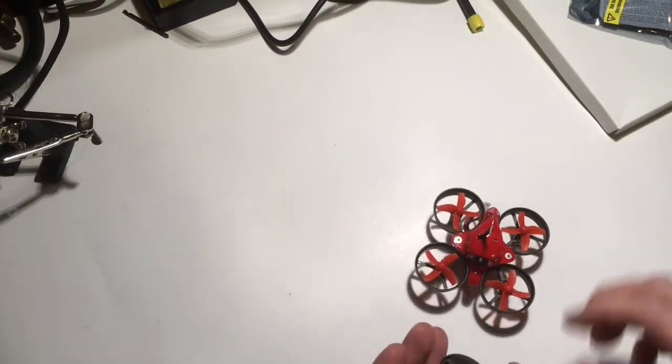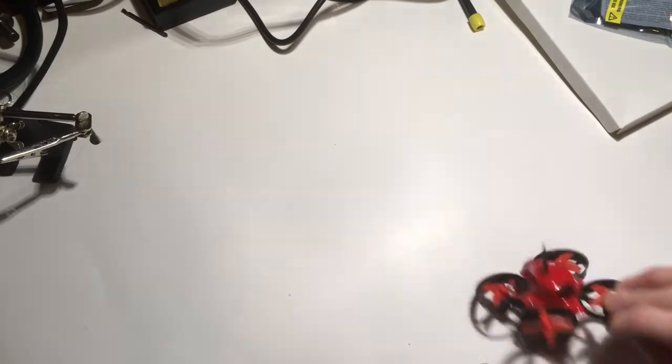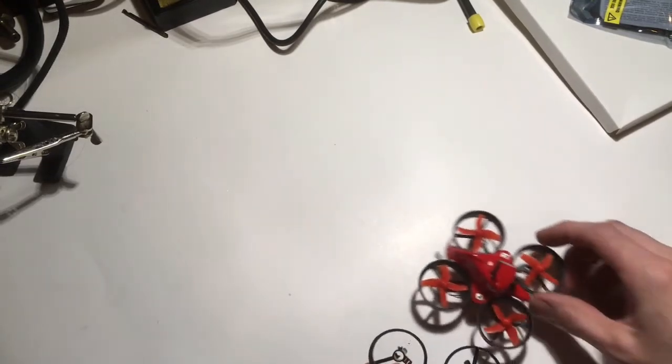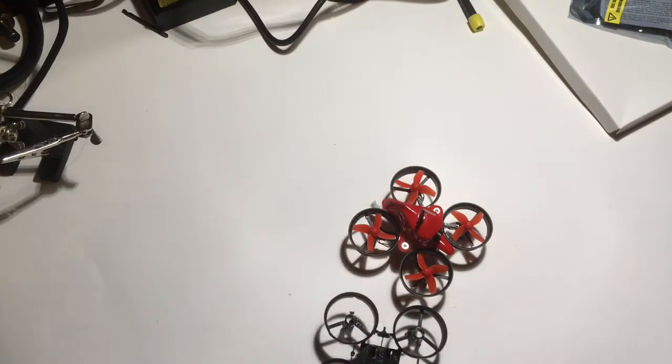I grabbed the new frame for it and noticed that the motors would have to be soldered back in. I came up with an easy solution to swap it out without soldering. What you'll need is a pair of wire cutters,